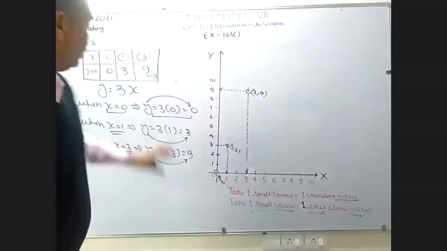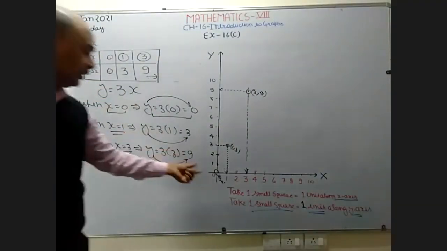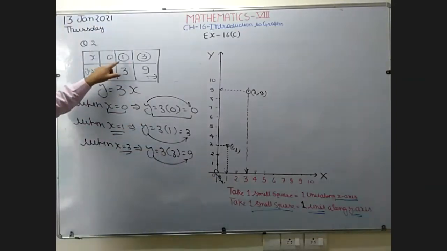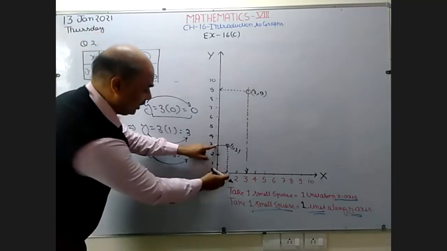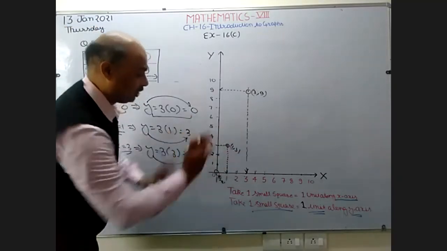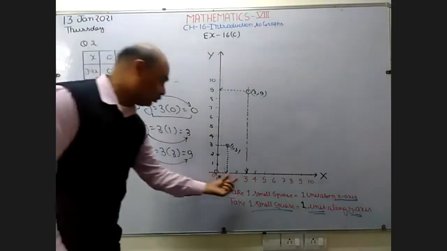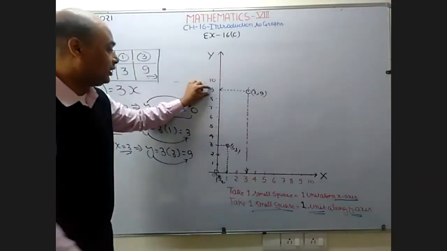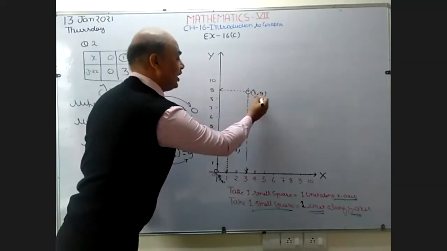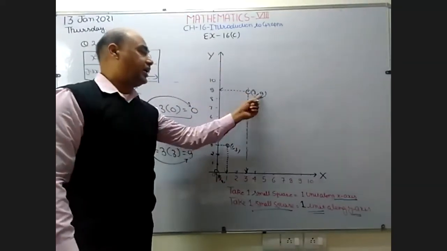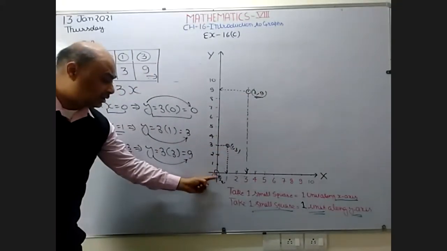Okay. Now all the points are on your graph paper. First point 0, 0 is represented by the origin. Next point 1 and 3: x value 1, y value 3. They are going to join here. 1 and 3 is the point. Now x value is 3 and y value is 9. Where is x value 3? Here. Where is y value 9? Here. Join these 2 points. So this point is represented by 3 and 9. The coordinates of this point are 3 and 9. Coordinates of this point are 1 and 3. And the coordinates of this point are 0 and 0.